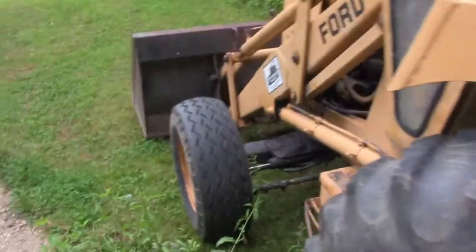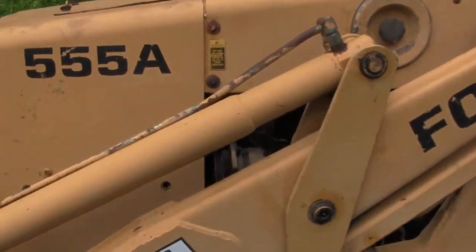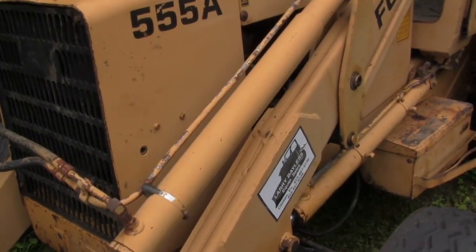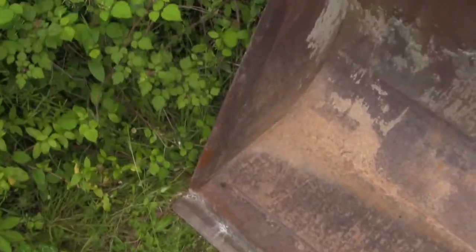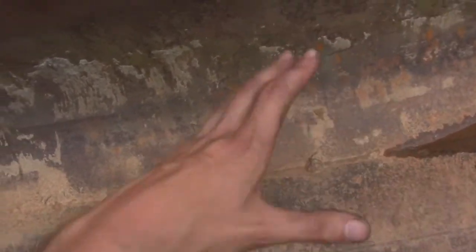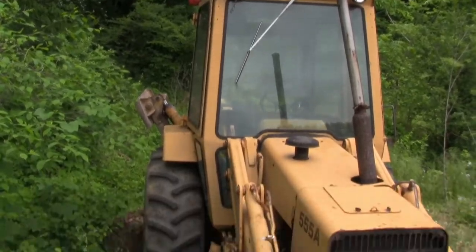So I've done a little bit of maintenance: oil change, fuel filter, transmission filter, air filter. I've got the hydraulic filter. I haven't put that on yet, and I started putting on a new cutting edge up here. I've got the front welded. I have not done the back side of it. I want to tip the bucket and weld all along the back side so that it doesn't break off. But all in all, it's a pretty decent machine. The rubber is good all around, and let's show you what the plan is for what we're going to do